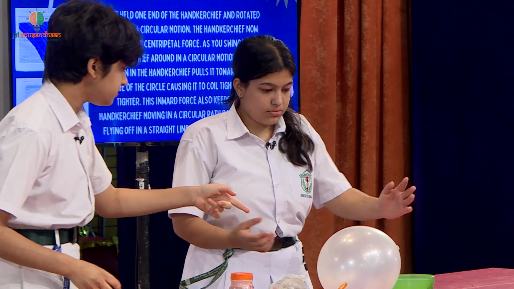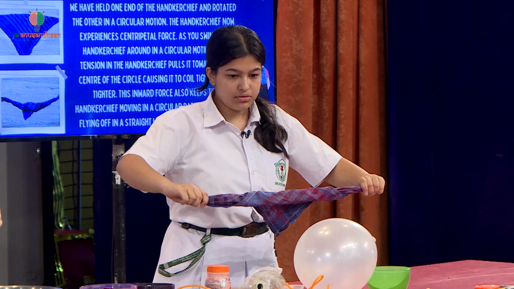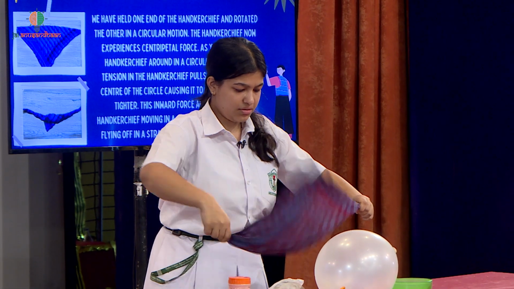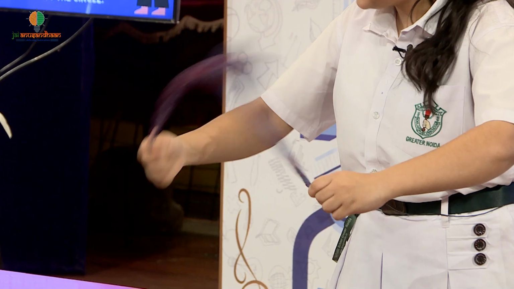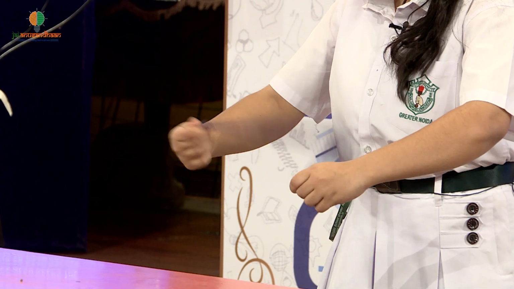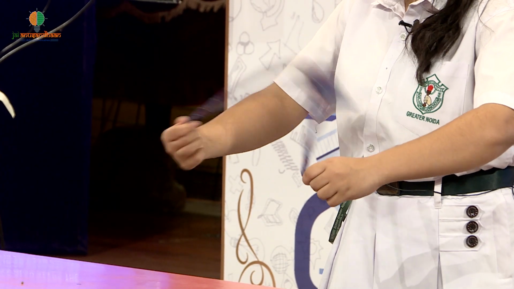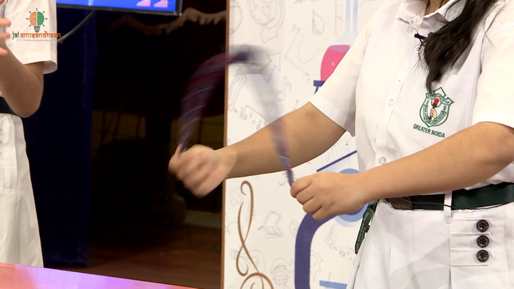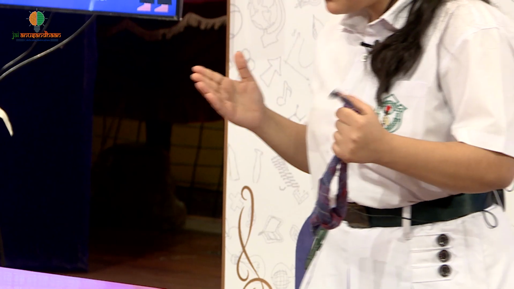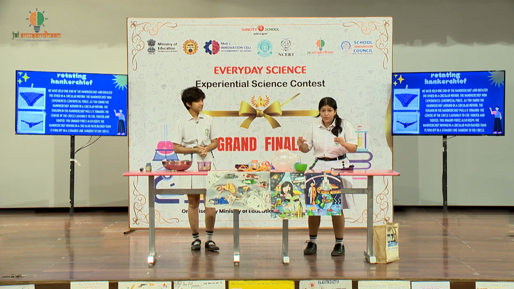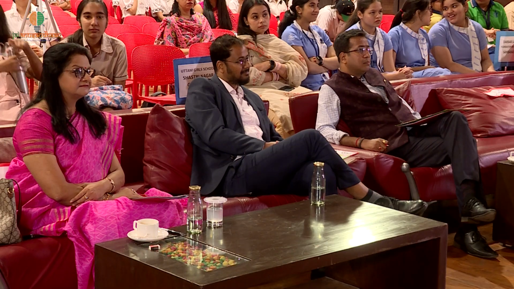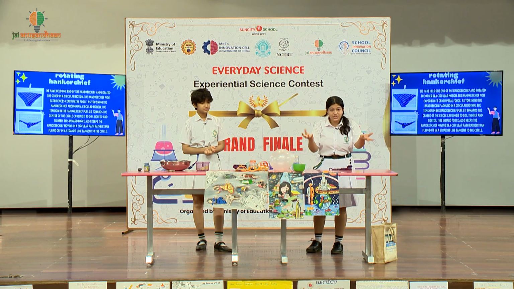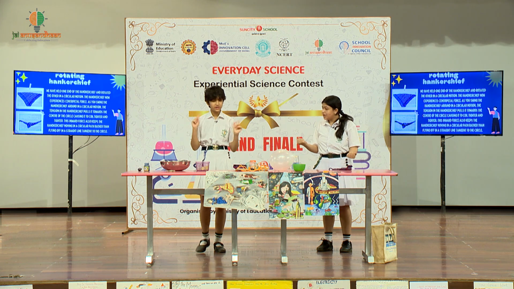Take this other handkerchief, hold one end tight and spin the other end around. Okay. Whoa. It is getting tighter and tighter with every turn. Yes, that is centripetal force. It's pulling the handkerchief inwards, causing it to coil around and around, making it taut. Wow, Mom, this is so cool. Like these simple objects have such complex forces behind them. Yes, I'm glad you get it. Yeah. So one force pushes things out and the other pulls them in. Yes, it's such a yin-yang effect.